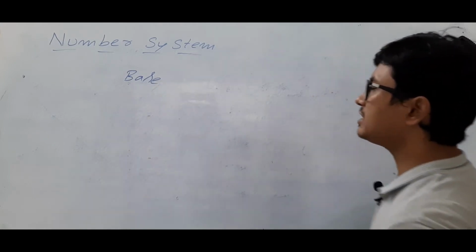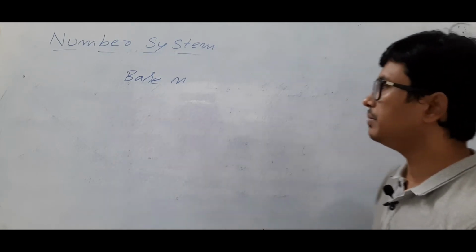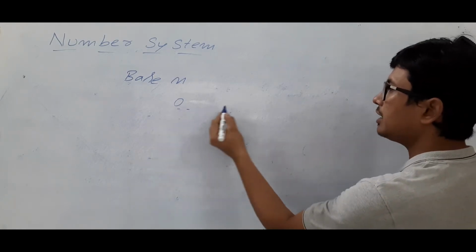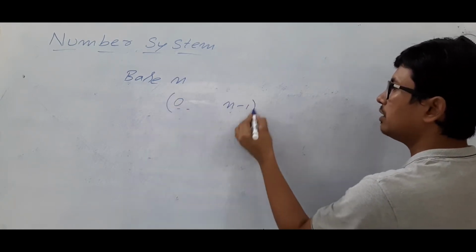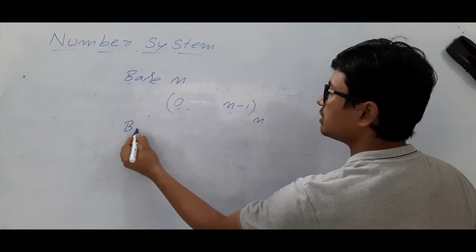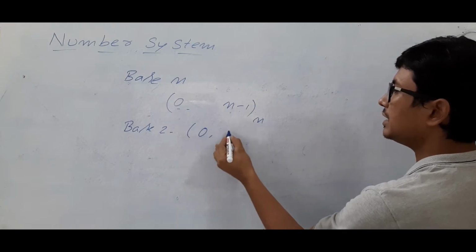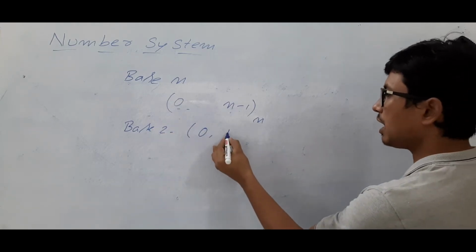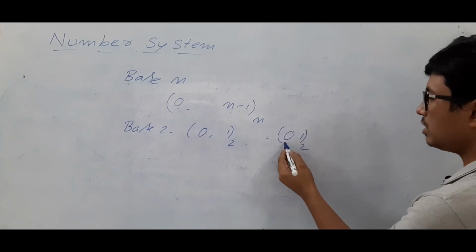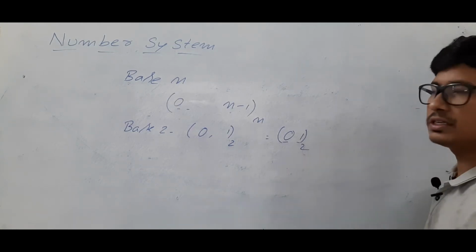If I have a number system with base n, then the meaning is that a number can have digits from a minimum of 0 up to a maximum of n minus 1. Let's take the example of base 2, which we call the binary number representation. It will have digits from 0 to n minus 1, where n is 2, so you can have 0 and 1. So it is a combination of zeros and ones. The minimum element possible is 0 and the maximum element possible is 1, which is n minus 1.